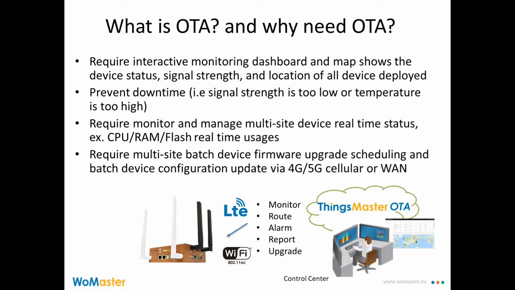And then the next important thing is to prevent downtime, because through the OTA we can know whether the signal strength is too low, or whether the temperature is too high. If the signal strength is too low, we can take some preventive action and prevent the device downtime in advance. And also we can calculate from the data whether the signal of some device is always too low,